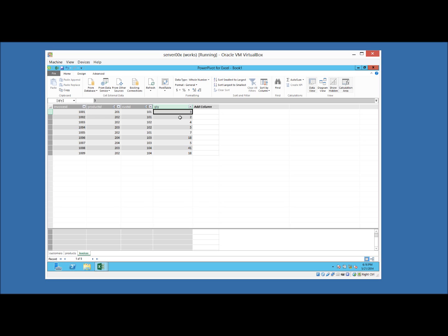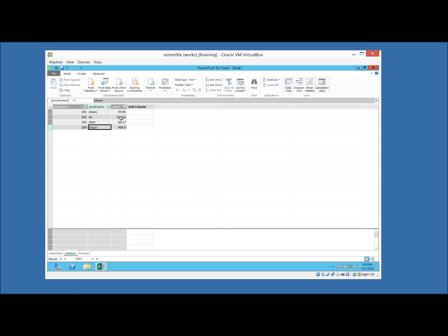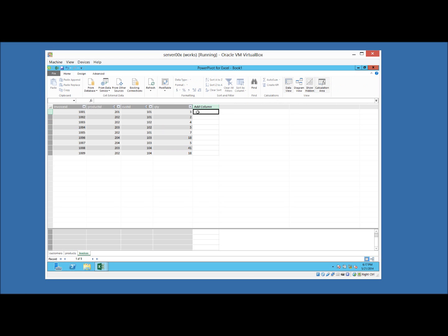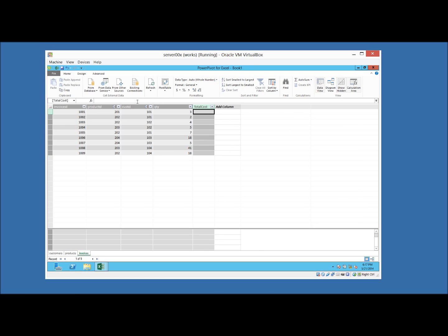Quantity doesn't tell me much right here, does it? Quantity is really what I want for these products. Here's my price. I want to multiply the price times the quantity to get a total cost. So I'm going to go over here and label this total cost like that. And then over here, I'm going to say equals